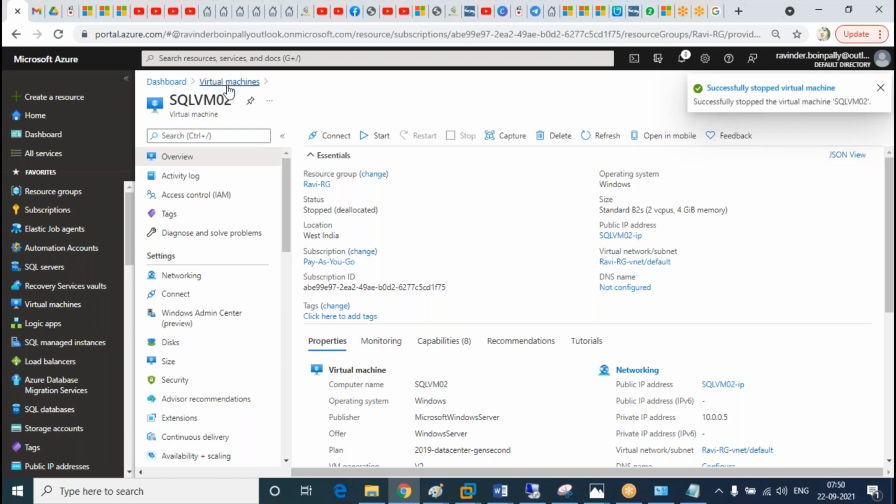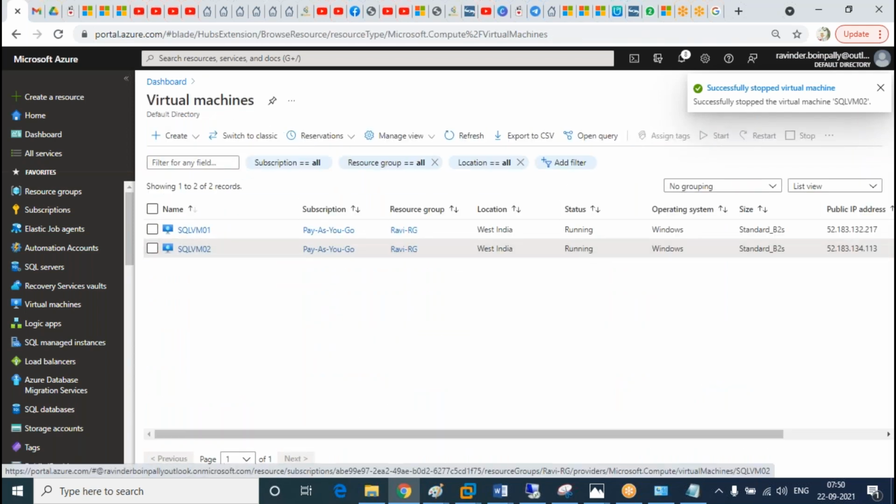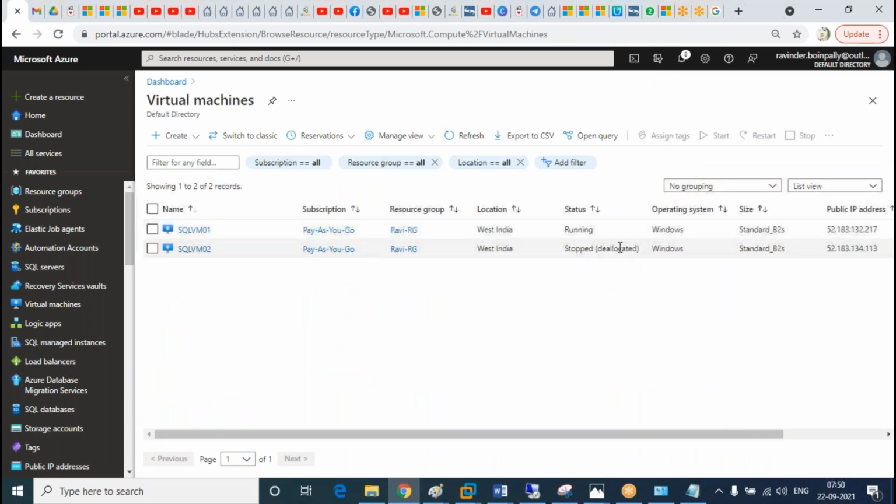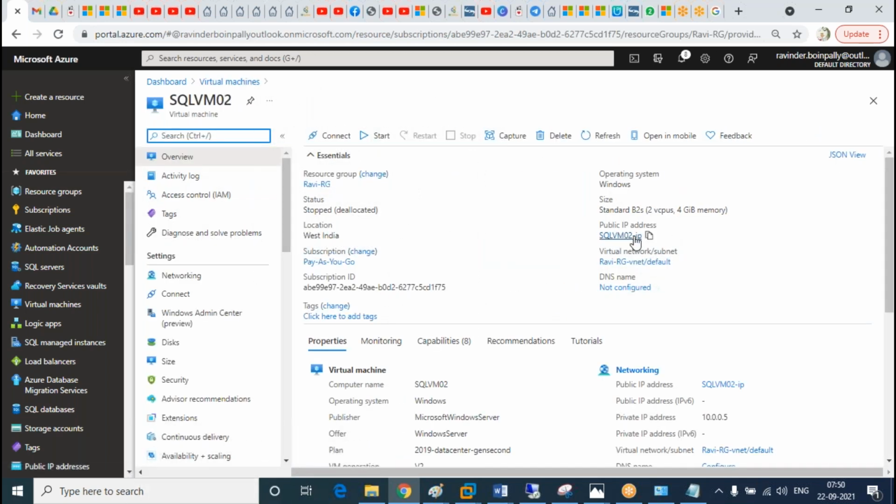Now the virtual machine got deallocated. You can see that the status was running before, right? Now it got deallocated. Whenever the machine is deallocated, it releases the public IP, as we have seen clearly. It releases the public IP if it is a dynamic public IP. That is a condition. If you deallocate the VM, it will release the public IP if it is dynamic,